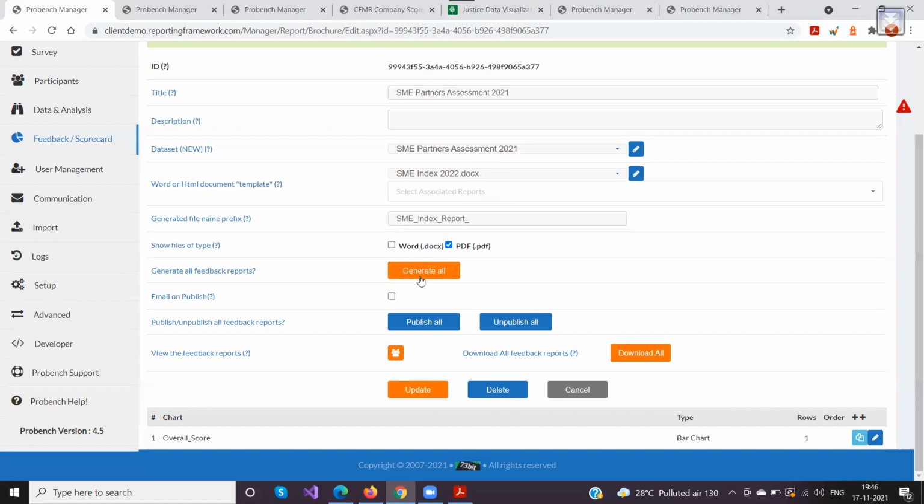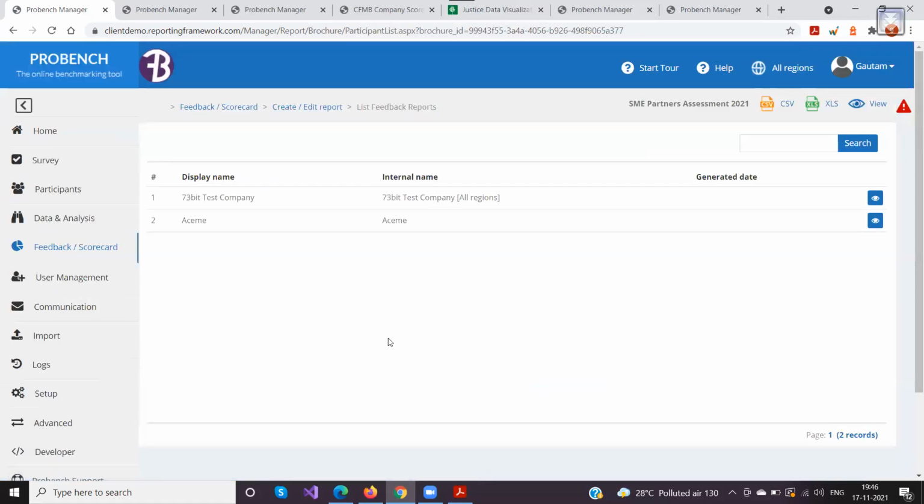But before generate all, if you want to know for how many participants these reports would be generated, the best way is to go to view feedback reports here and click on this icon. When I click on this icon, I will see that there are two companies currently there as part of this data set. So when I click on generate all, it would only generate the feedback reports for these two companies.